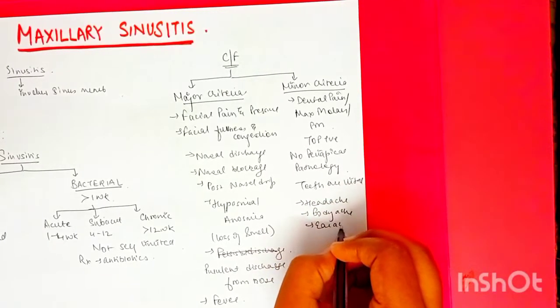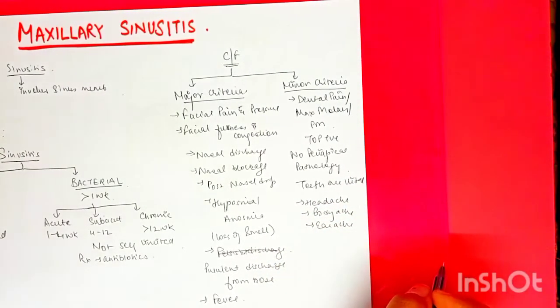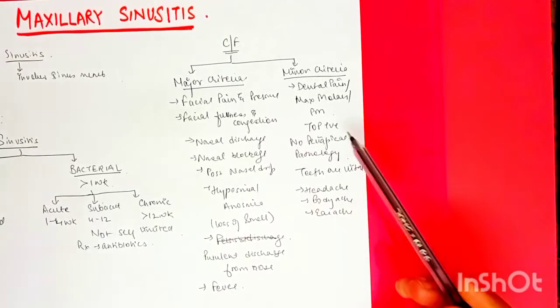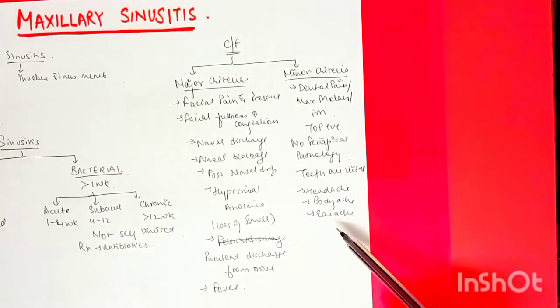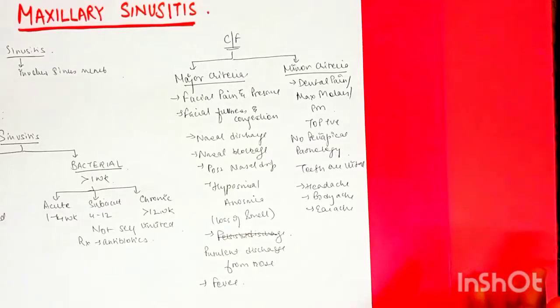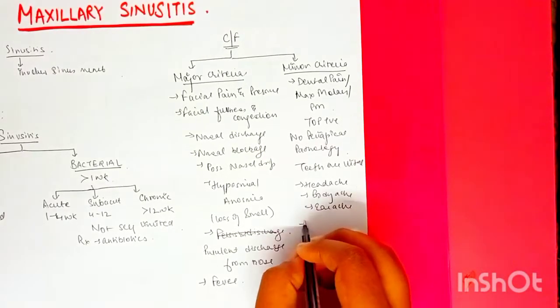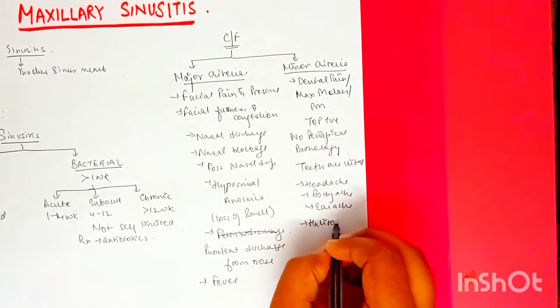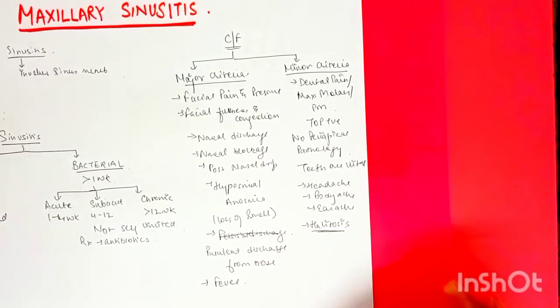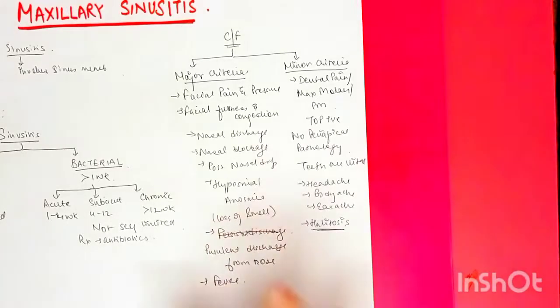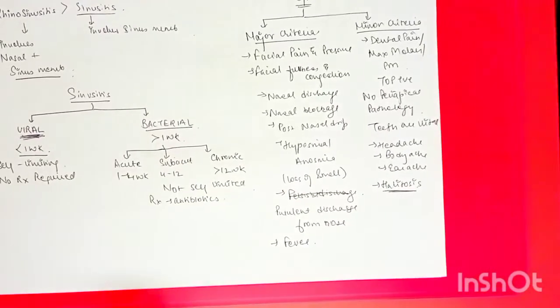earache. So these are also things which we find in case of impacted tooth. There is pressure, there is dental pain, there is headache, there is earache. So we find these things in that also. We also find halitosis because of the pericoronitis, but this is also happening in the maxillary sinusitis case. So how do we differentiate it? Points other than this which help in differentiating it from a dental pain are,